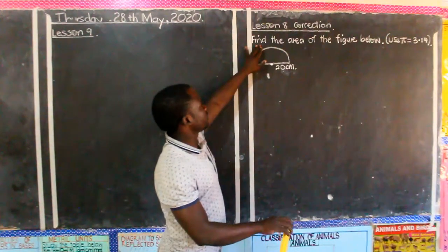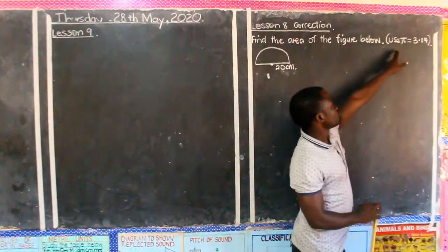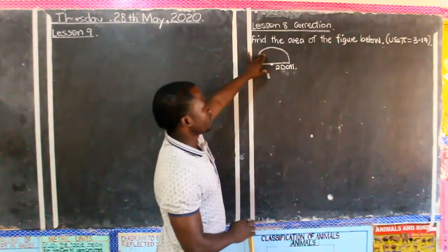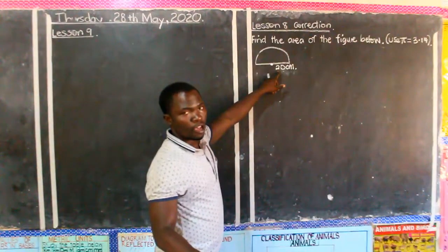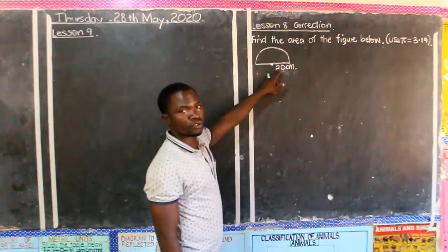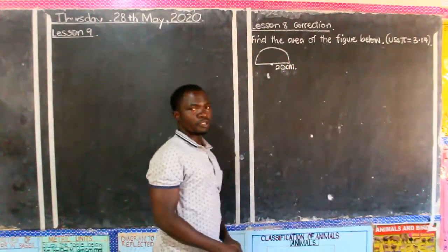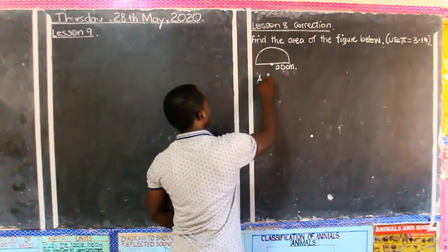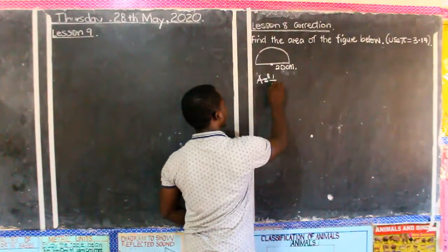The question is, find the area of the figure below. Use pi equals 3.14. This is the figure, and in the figure they have given us the radius. How do we find the area of the semicircle when the radius of 20 centimeters is given with the pi of 3.14? So we say area equals, we're supposed to write this, area equals a half, 1 out of 2